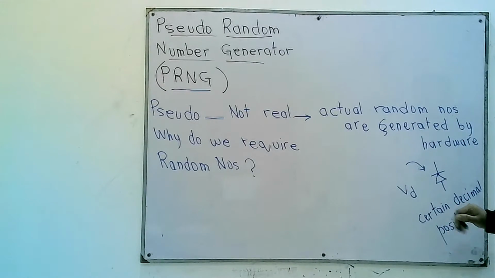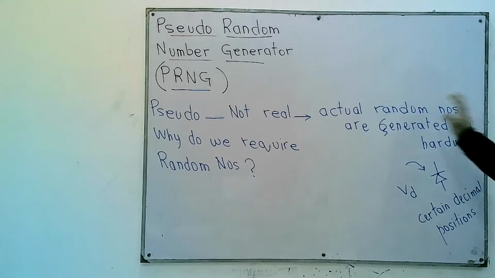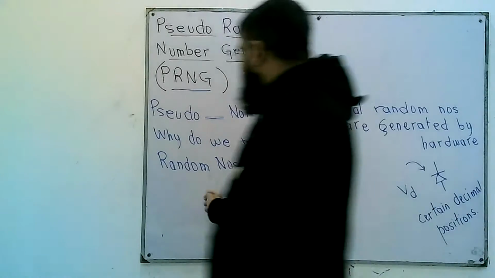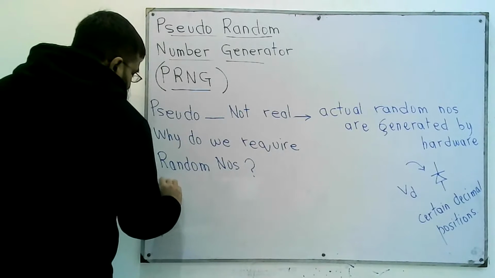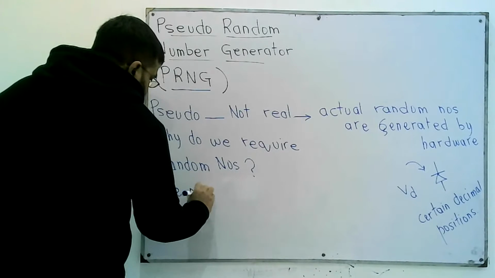But actual random numbers are very slow. There are various problems with these kinds of actual random numbers, because collecting them can be difficult and time consuming. So most of the time, for the purpose of simulations, we rely on pseudo random numbers. Why do we require random numbers? In fact, we need them